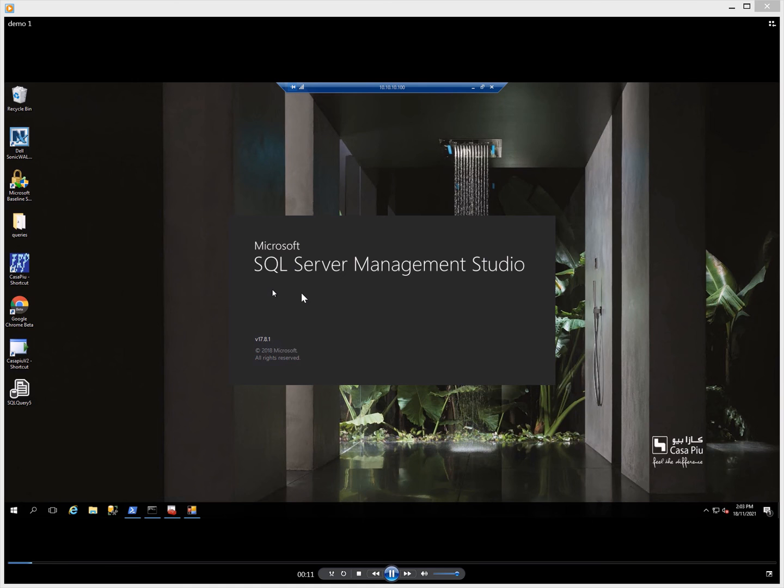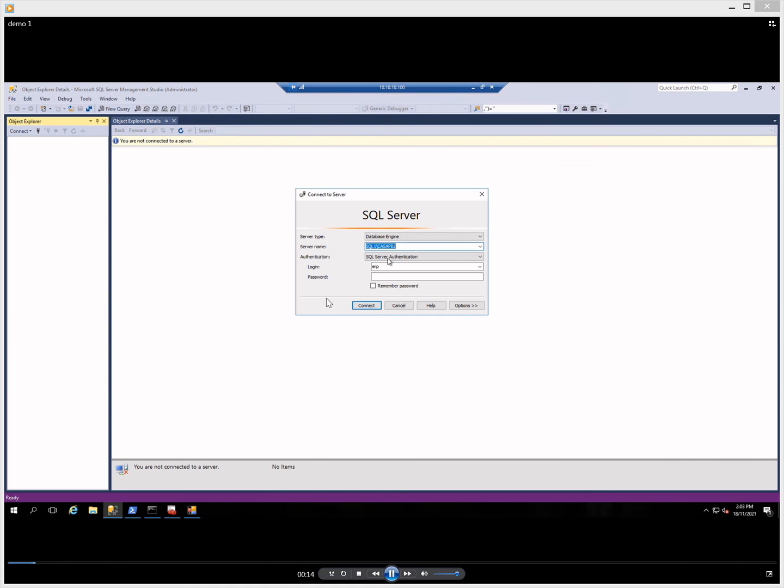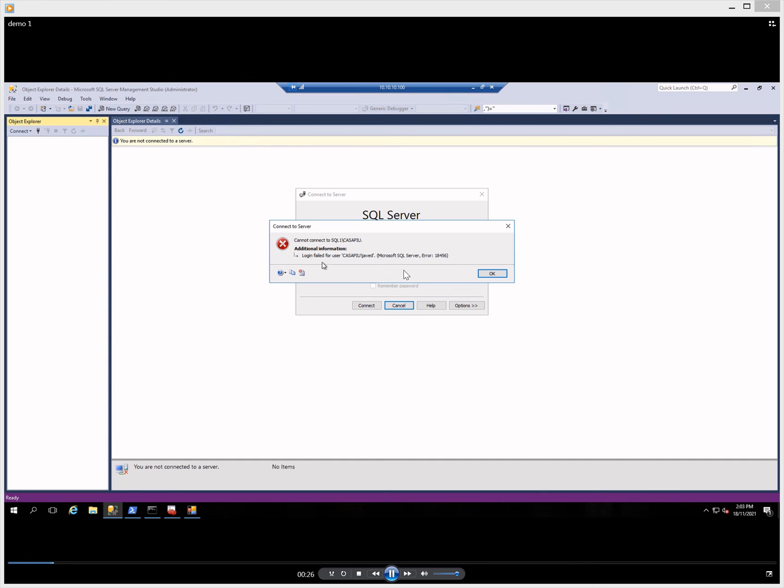I opened this Management Studio just to show you that I cannot connect with my domain account, which is an administrative account, because it's deleted. Active Directory is corrupted, so I cannot use this account to log in to the SQL Server, and all my services are configured with this account.